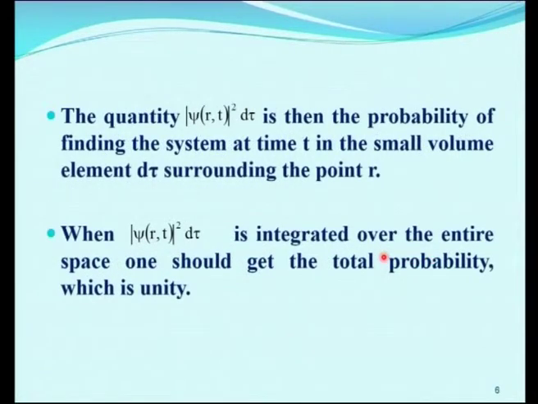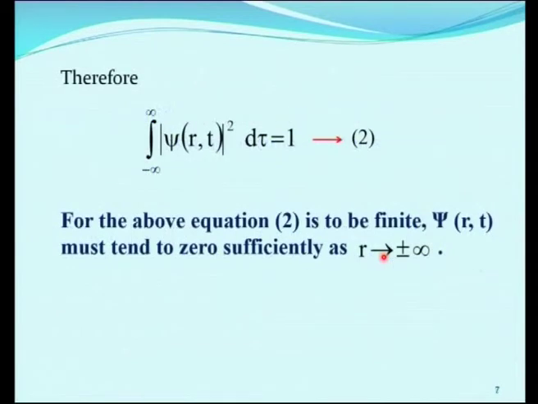The quantity modulus of psi of r comma t whole square d tau is then the probability of finding the system at time t in the small volume element d tau surrounding the point r. When this modulus of psi of r comma t the whole square d tau is integrated over the entire space, one should get the total probability, but which is unity. Therefore,